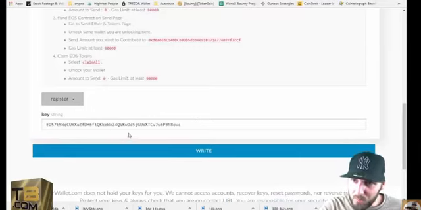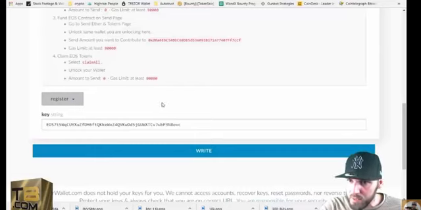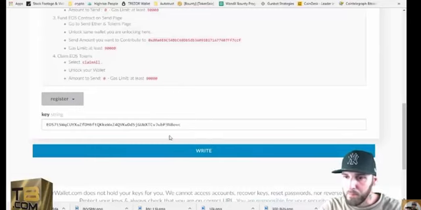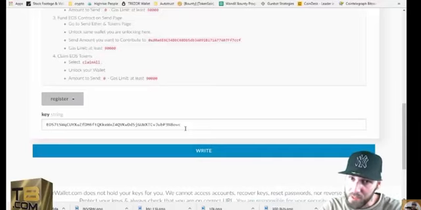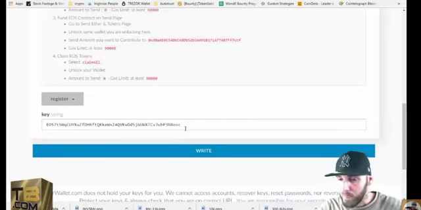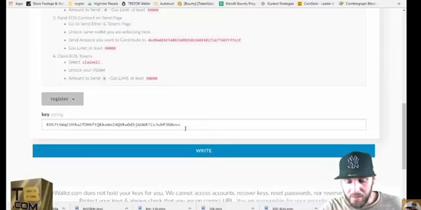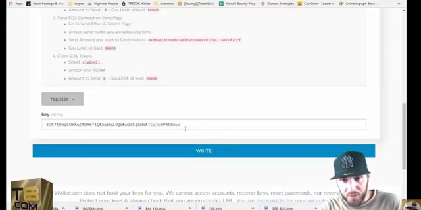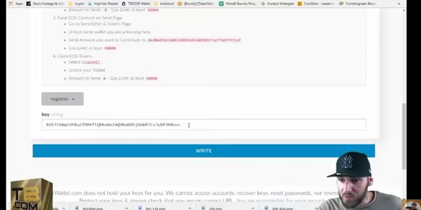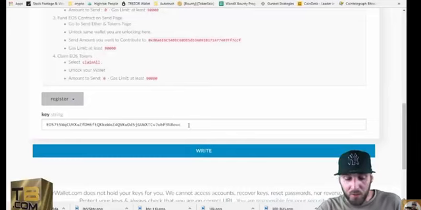So, pretty simple to do, but this is something you need to make sure you do if you don't want to get screwed and lose your EOS tokens, okay? Because there's going to be a ton of people who are not going to do this. They don't realize that EOS is going to be its own thing. And the ERC20 EOS tokens are going to become worthless. EOS is its own ecosystem, or is going to be its own ecosystem, its own blockchain.